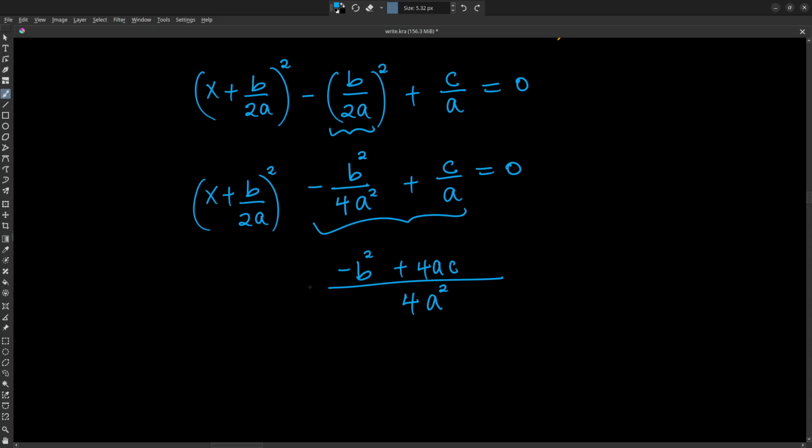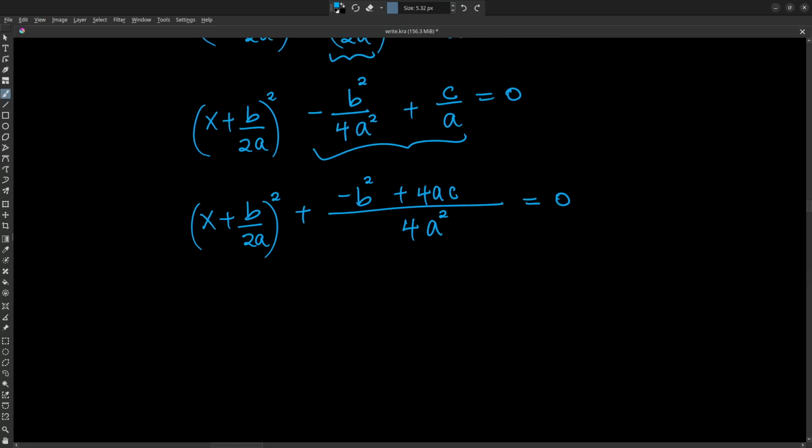So to the left, since we took care of the negative here, the sign here is plus, right? And we have x plus b out of 2a squared, and all of this equals 0. Okay,